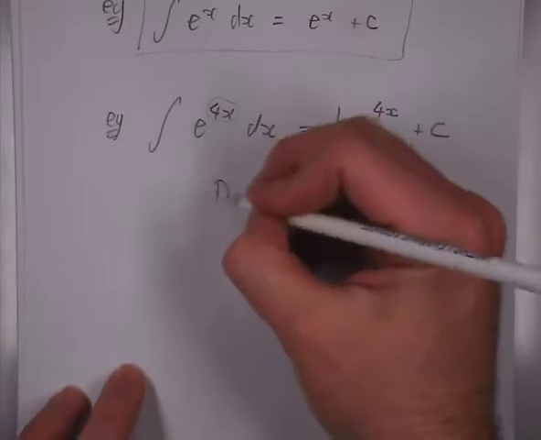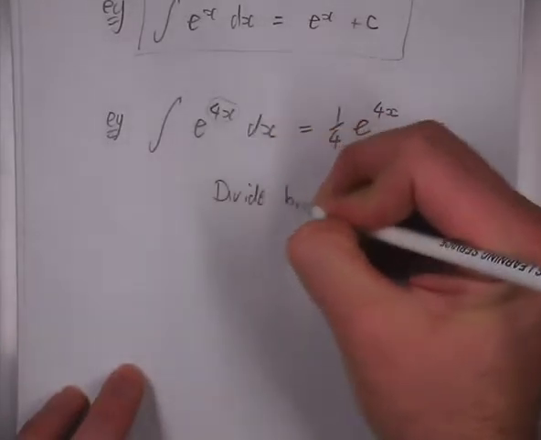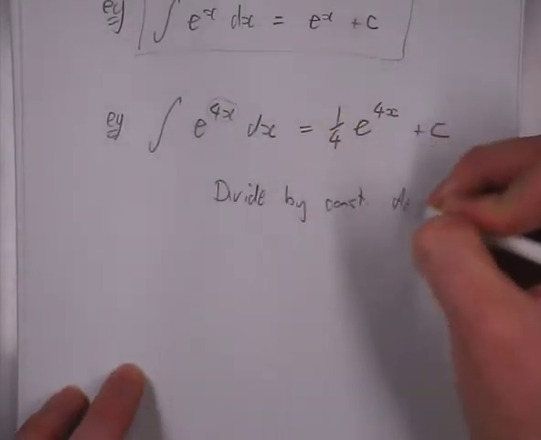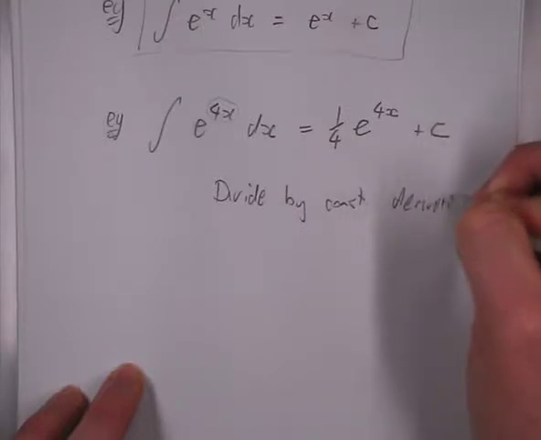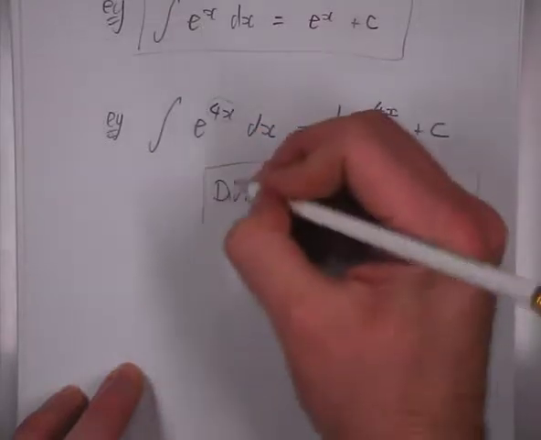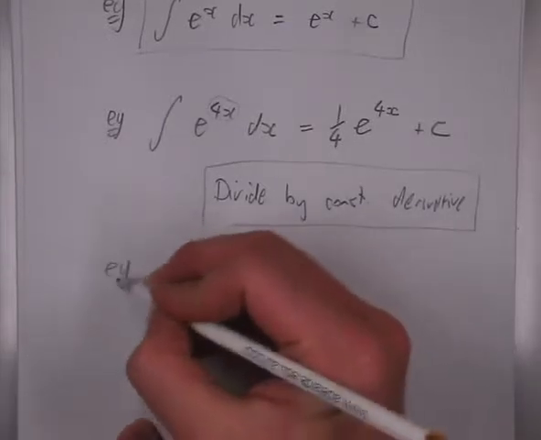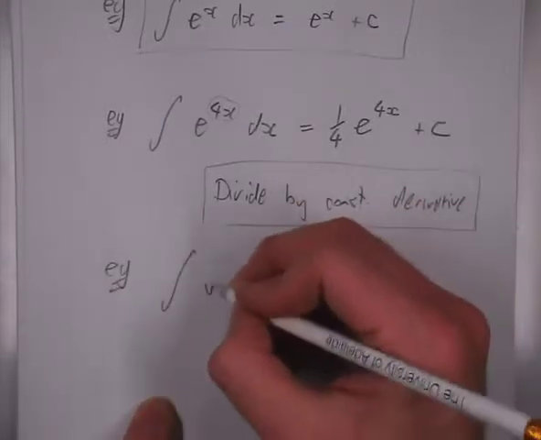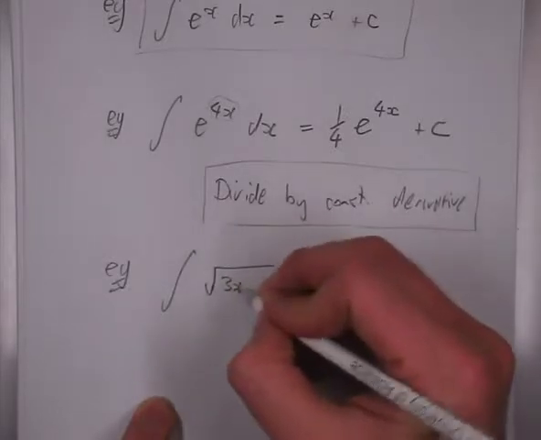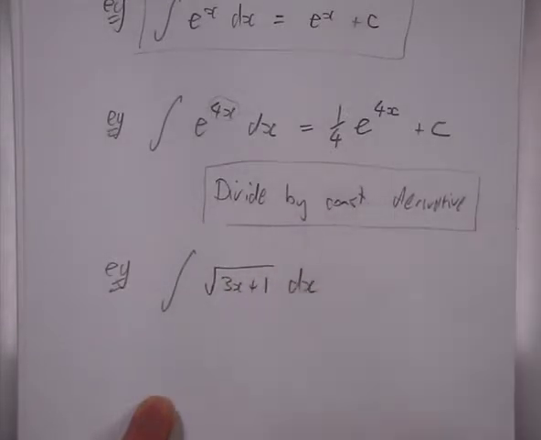So this is sort of divide by the constant derivative. Now technically this is actually substitution, but it happens so often in real functions that you might try and actually integrate that it needs to be right at the bottom in technique 0 of something that you should be able to do. So as another example, so if I had root 3x plus 1,